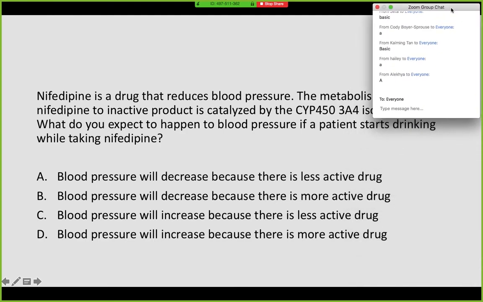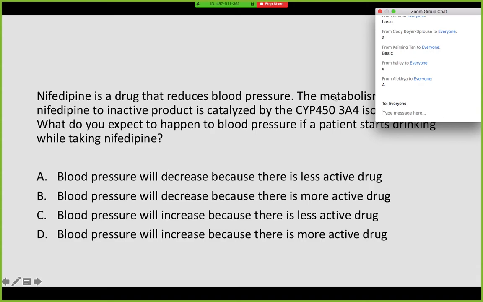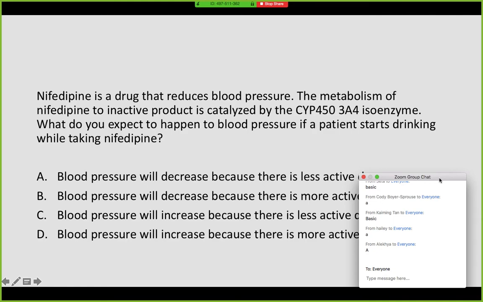So this is directly out of her lecture, but I just wanted to make sure that you understood it because you're going to see something similar to this. So nifedipine is a drug that reduces blood pressure. The metabolism of nifedipine to inactive product is catalyzed by CYP3A4. What do you expect to happen to blood pressure if a patient starts drinking